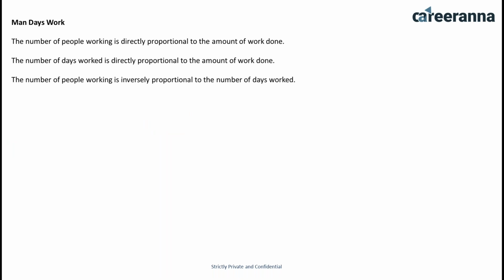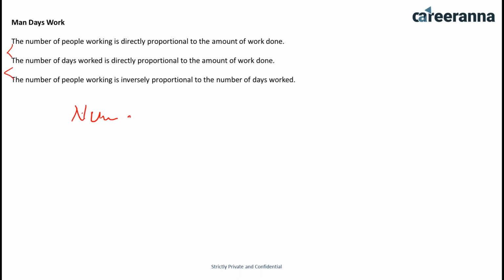Now we have to discuss the concept of man days work. We have already discussed this concept. The number of people working is directly proportional to the amount of work done. The number of days worked is directly proportional to the amount of work done. The number of people working is inversely proportional to the days of work. So if you combine all the three statements, at the end you will get